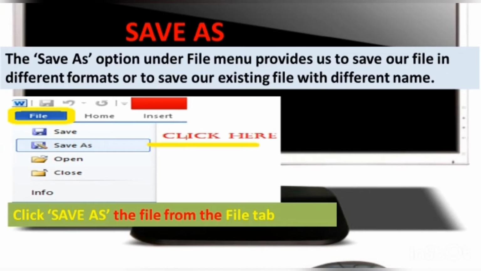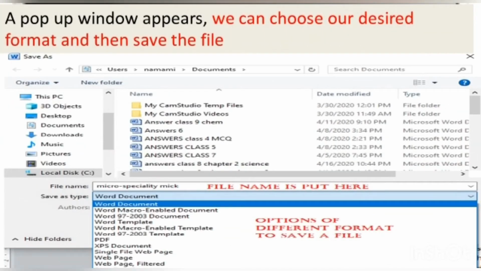For saving, click on Save As option that is available in the File tab. The pop-up window appears like this. We can choose our desired format from the drop-down list and give a name to our file. Click on Save. Thus, the file with a different type and name gets saved.